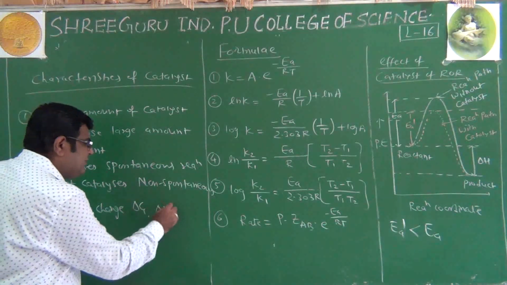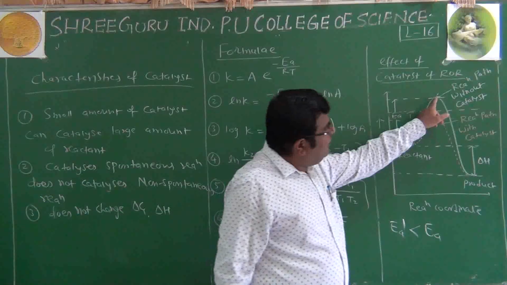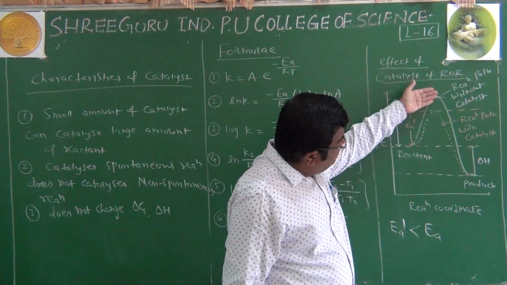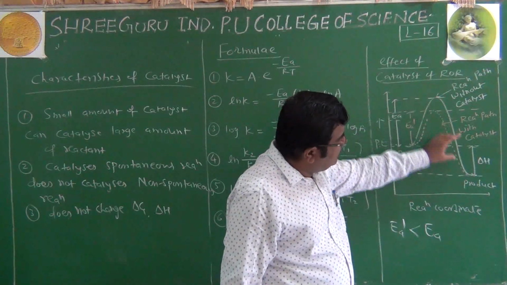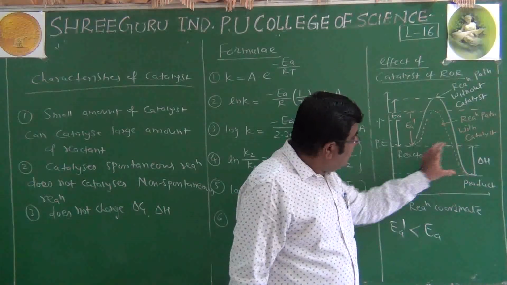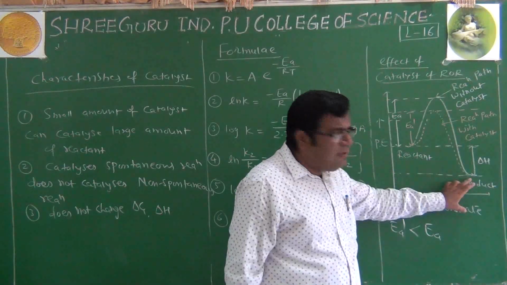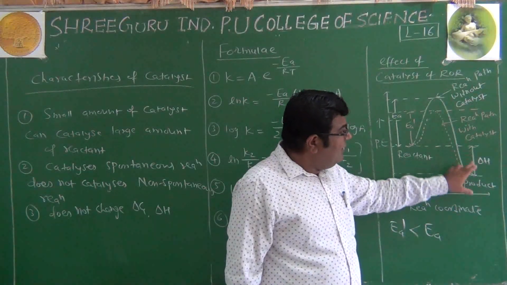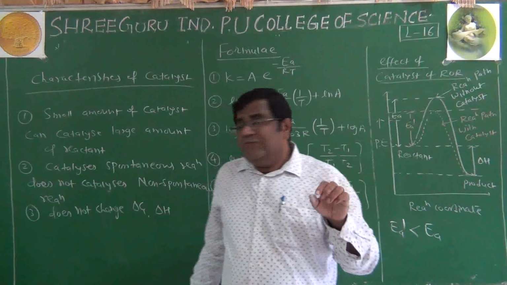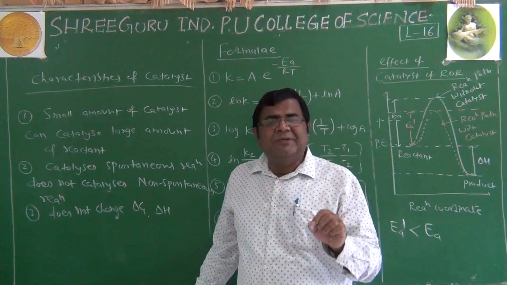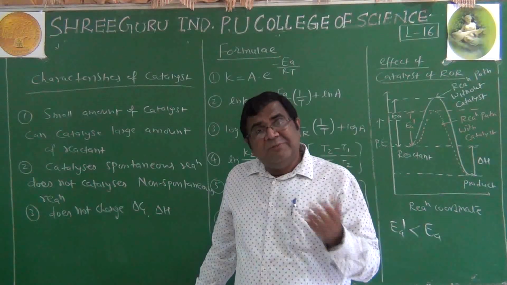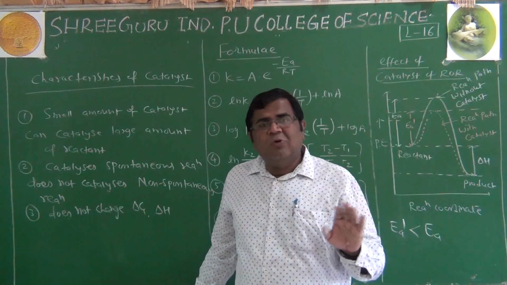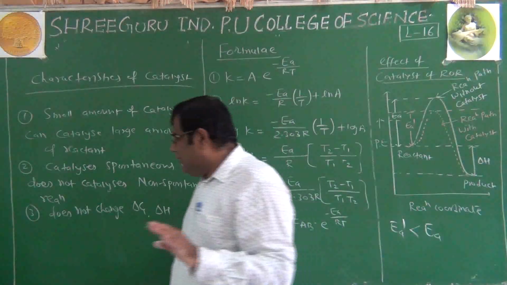Delta H of the reaction. Look at this diagram profile. We have used the catalyst and we have seen both profiles, without catalyst and with catalyst. But this delta H remains the same because the position of reactant and product remains the same. Energy wise, reactant and products are the same. So that's why delta H will not be changed. It means if the reaction is exothermic, it will be exothermic. Catalyst won't make an exothermic reaction endothermic or endothermic to exothermic. That role is not played by the catalyst at all.